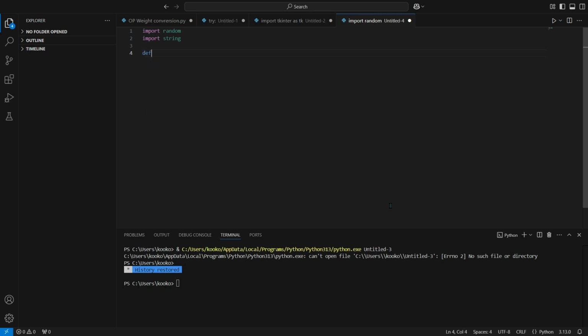Now we'll do def generate_password, and then we'll do length. All right, now for the next line we'll do characters